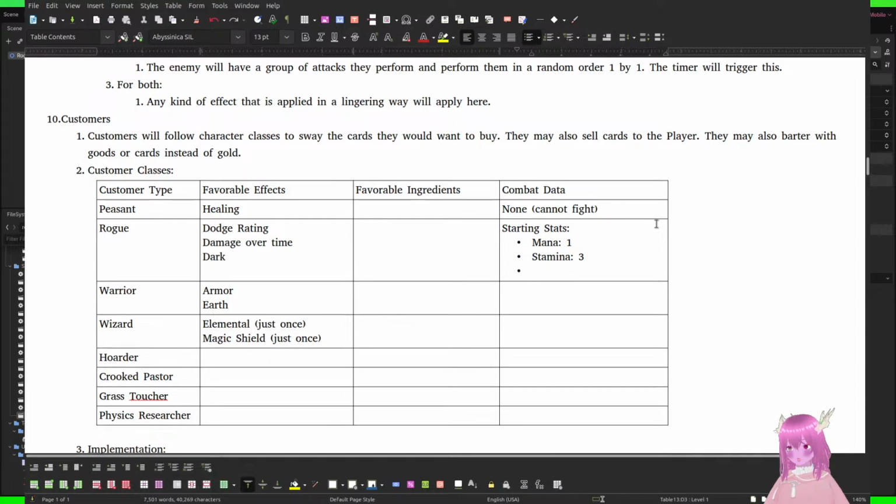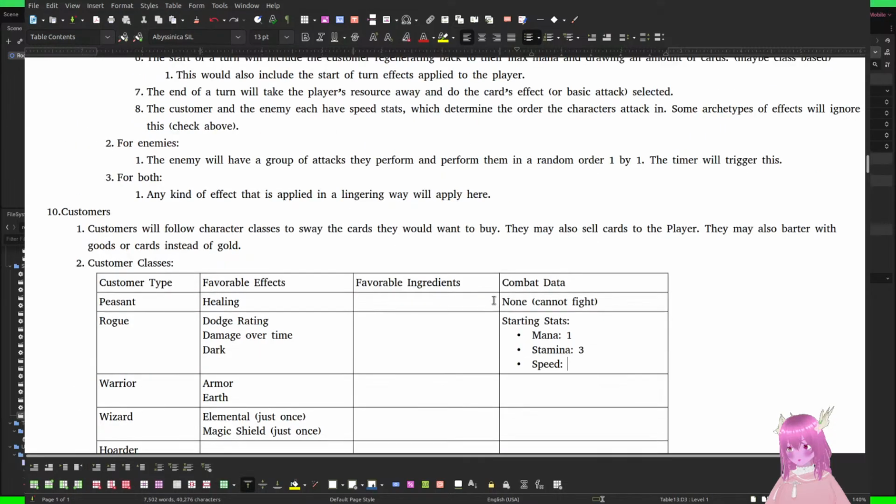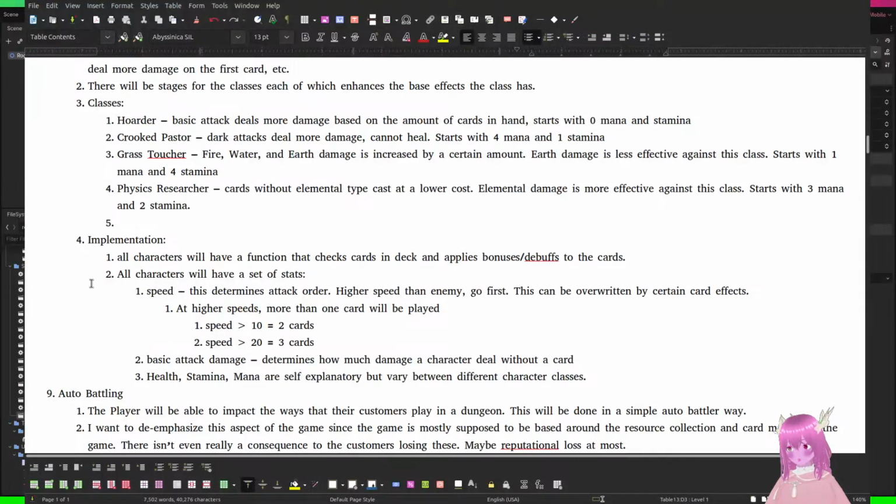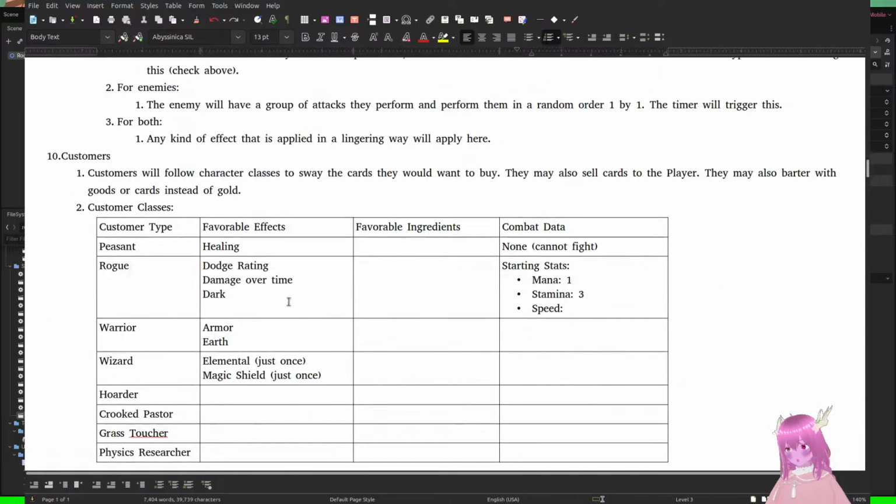The rogue will have a starting speed of like... probably 10, honestly. I put that, that should actually be down here.